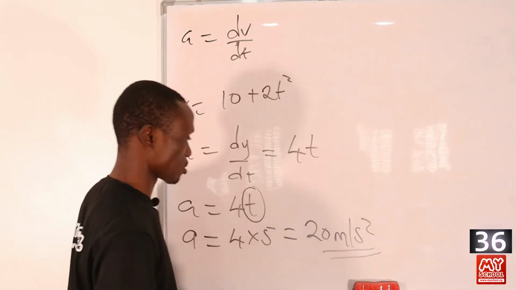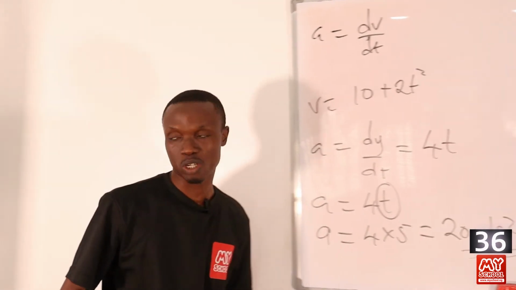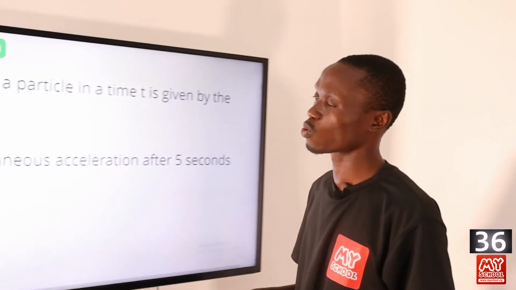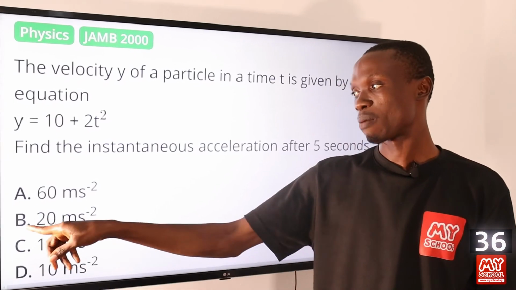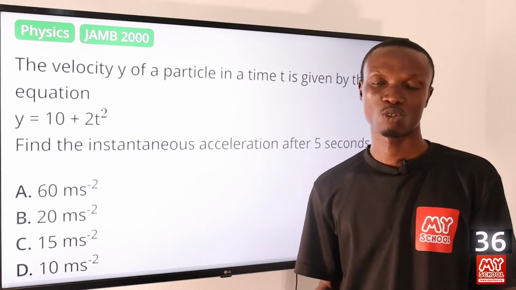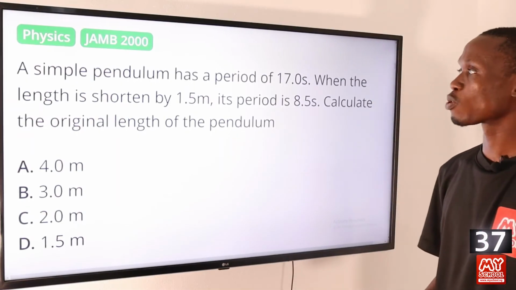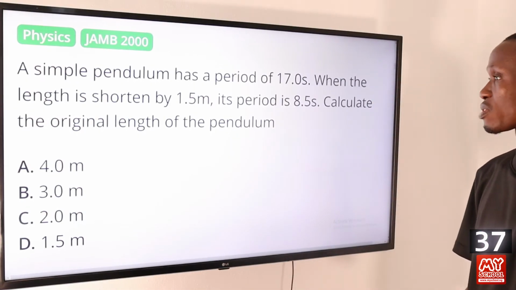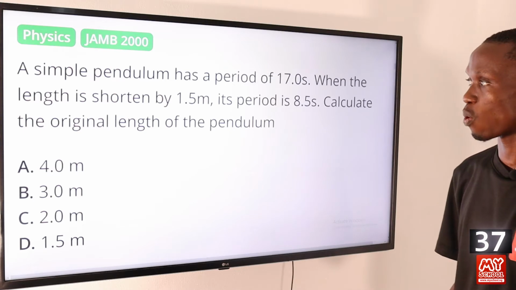Let's return to the screen to pick the correct answer to this question. From our calculation, we got 20 meters per second squared, and that makes option B the answer to this question. Question 37. A simple pendulum has a period of 7.0 seconds when the length is shortened by 1.5